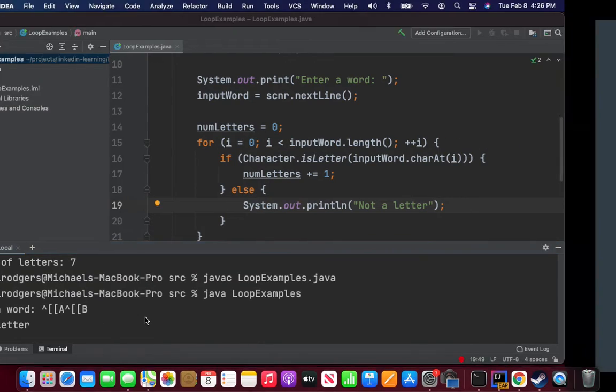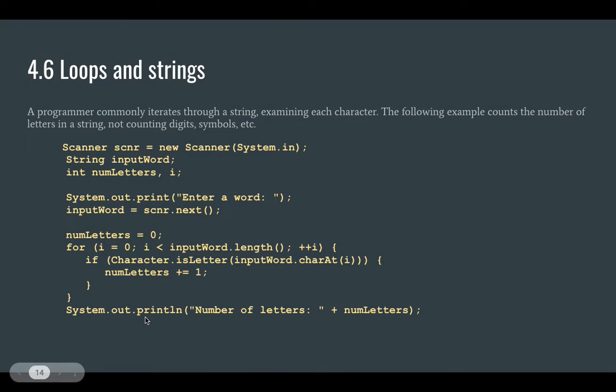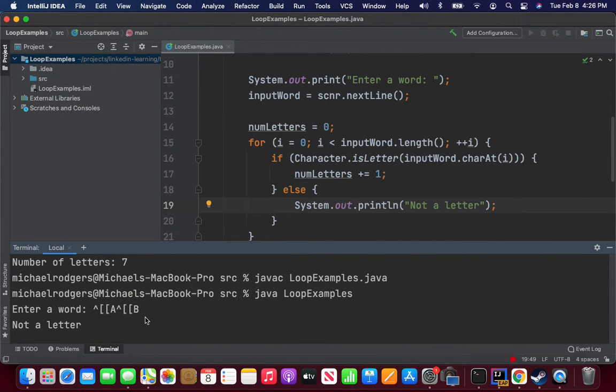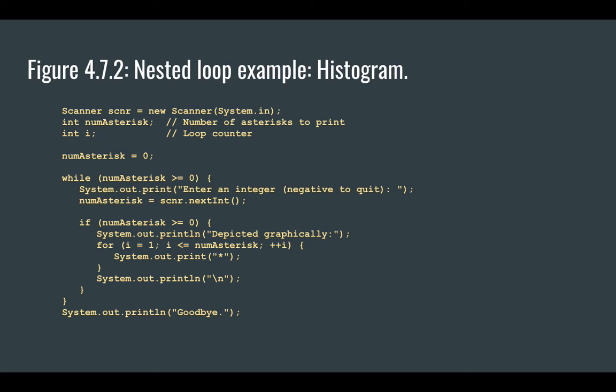All right, let's go back in. Any questions so far? All right, let's go on. All right, nested loops. This is inner loops and outer loops. So we have some common examples here. We have a while loop,